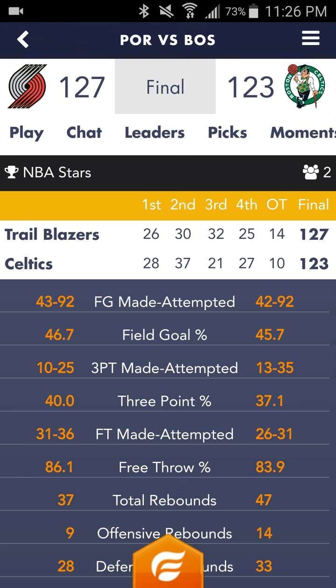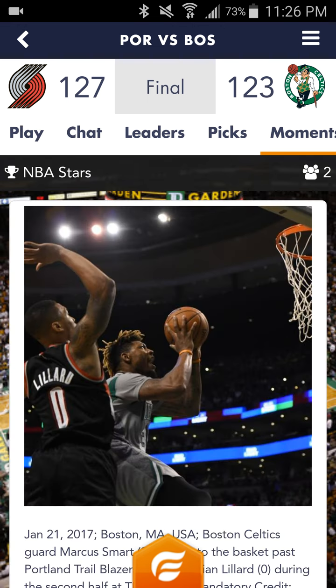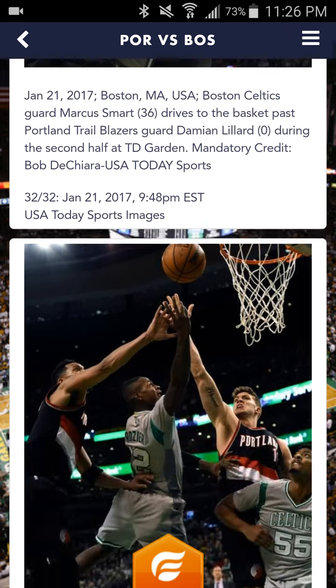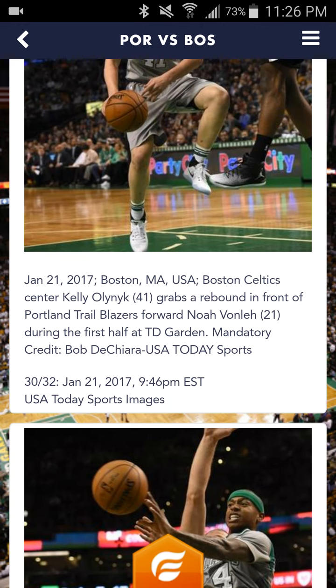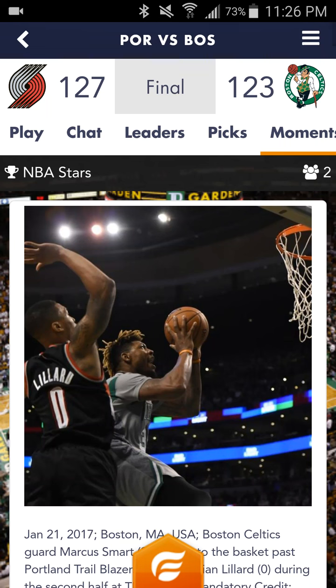The other neat thing, this moments thing here at the top, if I select on moments, it actually shows me in-game pictures and things that were happening from different images that were taken during the game. Gives a little description of what was happening. So I love it. It's not just an app that I'm answering these questions.